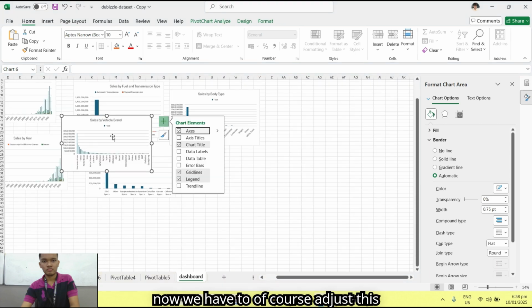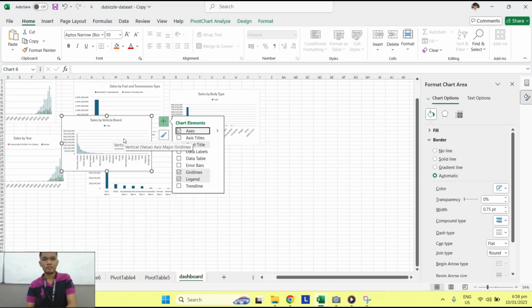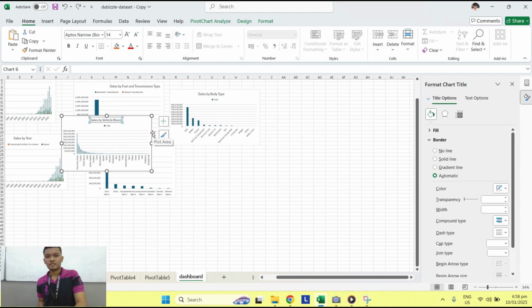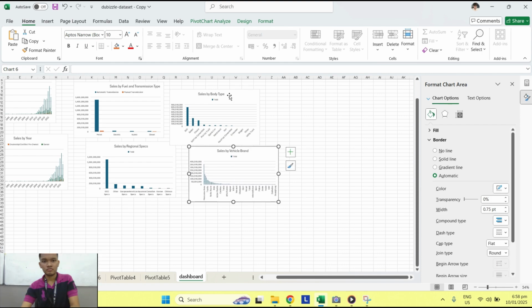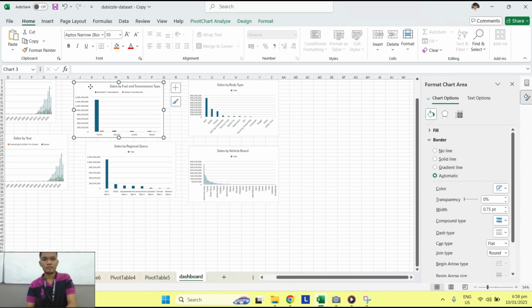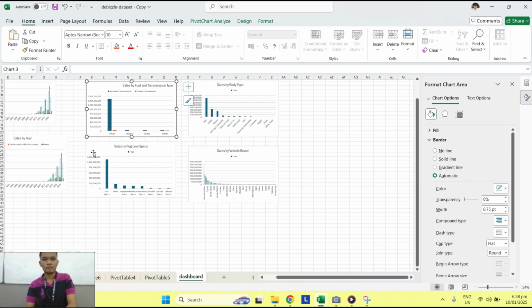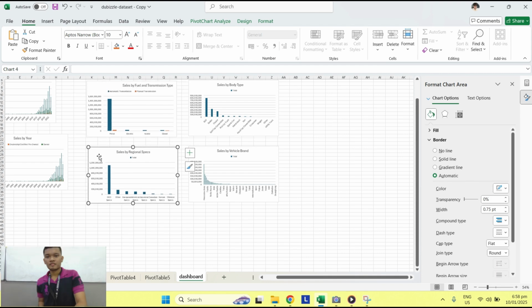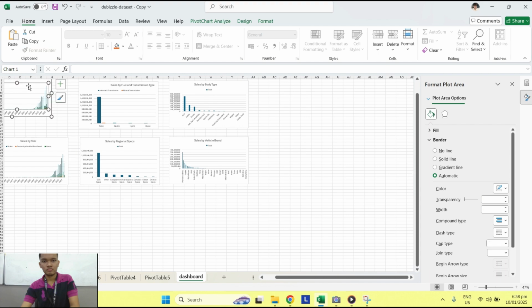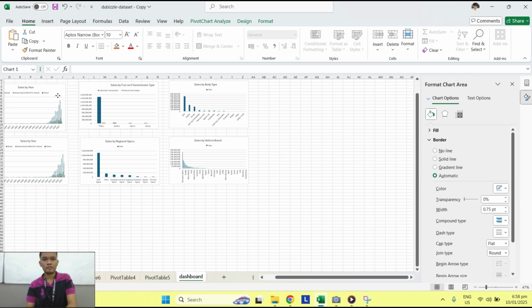Now we have to, of course, adjust this. It's just manual adjustment so everything is visible.